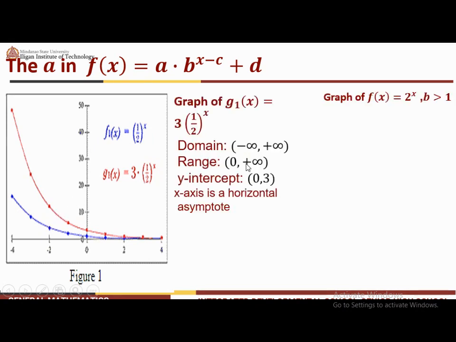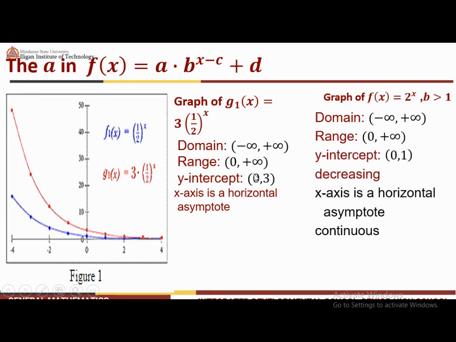So kunin natin yung mga characteristics ng graph, titingnan natin. Kung na-observe natin, almost the same yung mga values niya sa mga characteristics niya. Nagdi-differ lang sila sa y-intercept. Dito, you'll have an intercept na 0, 3. Dito naman, you'll have a y-intercept na 0, 1. So, meron siyang stretching ng ilang units? 3 units. Kaya tinatawag siya na vertical stretching. Nasi-stretch ang graph. O na-stretch siya